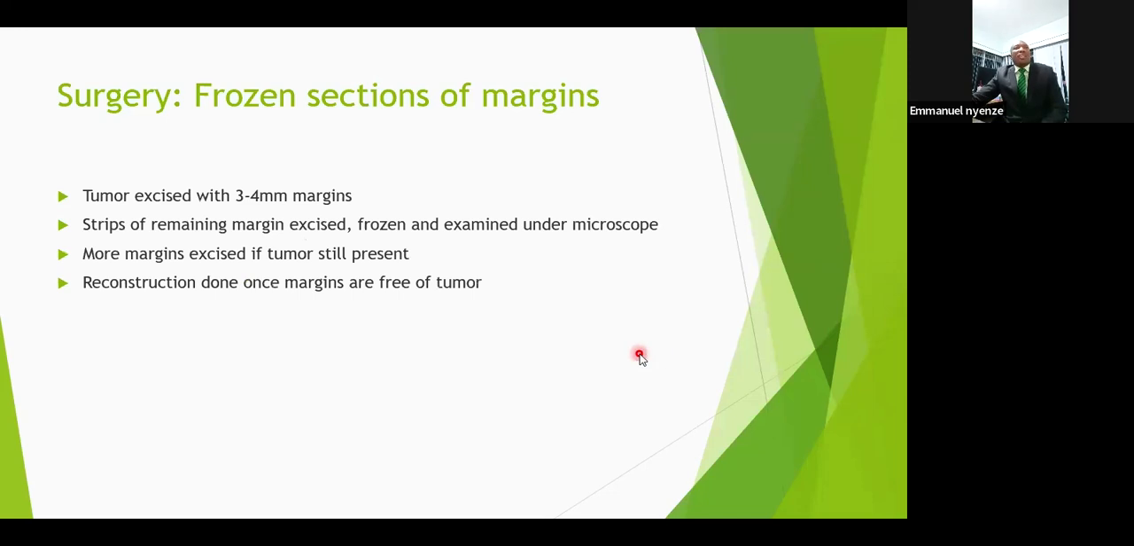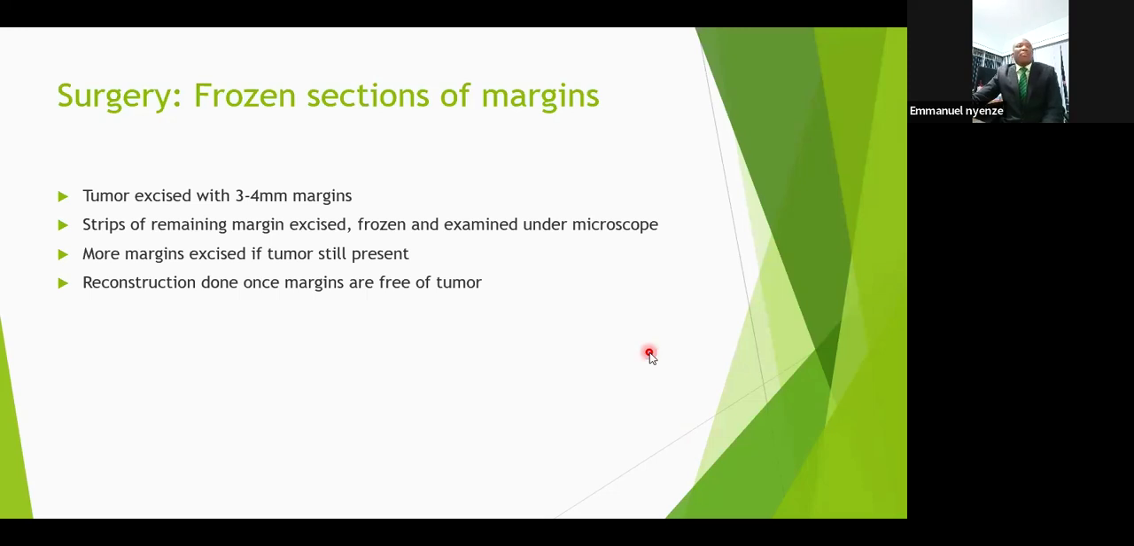That is, the main lesion is excised in total. Then the tumor's margins are excised, frozen, and examined under a microscope. If the margin is positive for tumor, then more margins are excised until it is free of tumor, and then reconstruction is done. This examination is done within the same day, such that the excision is done, margins are taken, and then the patient waits in theater for the frozen section to be done